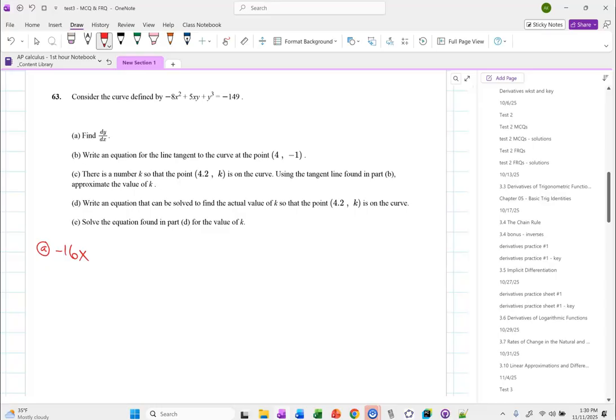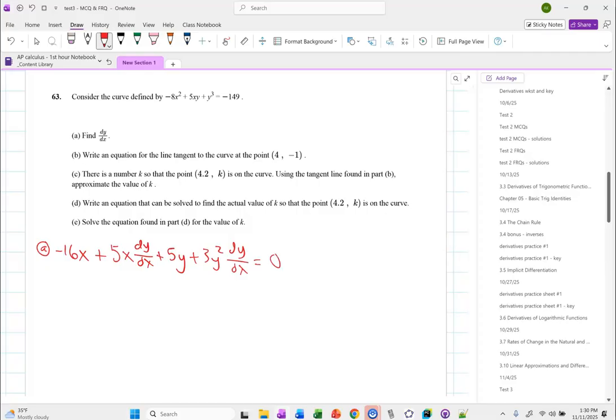So what do we get when we do the derivative of 5xy with the product rule? 5x dy dx, good. Plus 5y, excellent. Good, 3y squared dy dx